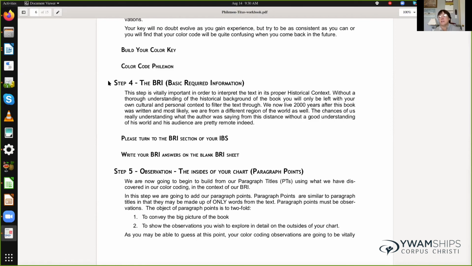And again, that's in the portal, and you'll be filling that out on your own because we don't have enough time in this class to cover that. So do we have questions about the BRI? Now it mentions your IBS in here. Just ignore that because you don't have one. So there you go. Questions about the basic required information? Okay, now we're going to be